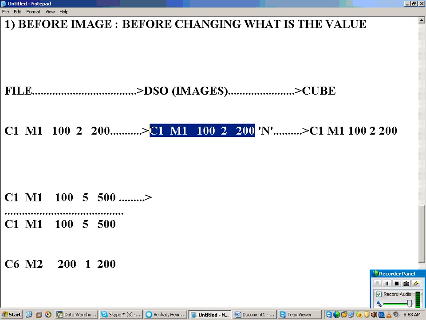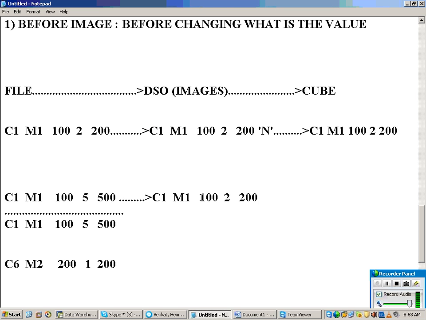Before changing, the value is this one. So it takes the same record as N, but the key figures are multiplied by -1. This is your before image.